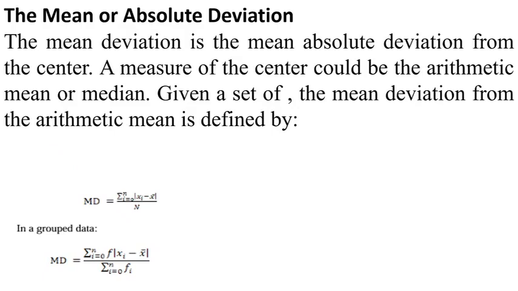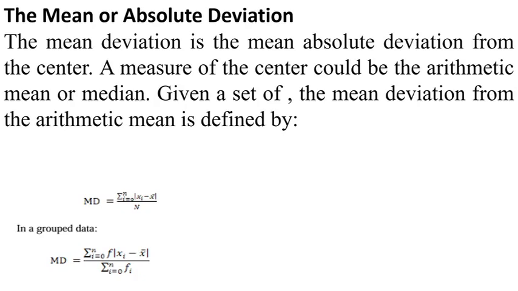Then we have the mean absolute deviation. You can call it the mean deviation or absolute deviation. When we say the mean deviation, it is also known as the mean absolute deviation from the center of a distribution. A measure of the center could be the arithmetic mean or the median. So given a set of numbers or data, the mean deviation from the arithmetic mean is defined as